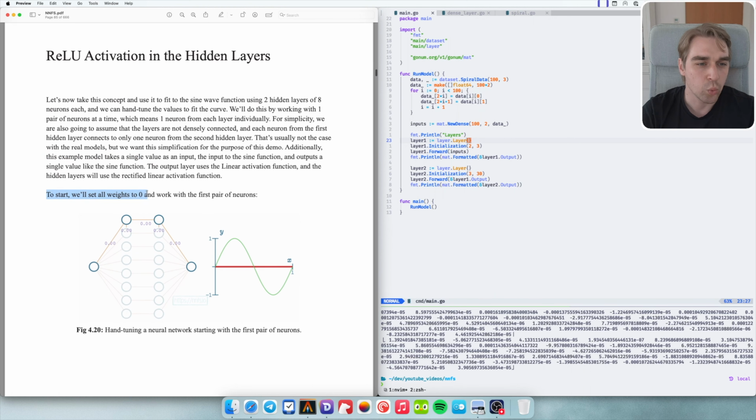In the end we should have the combination of the weights and biases that, based on the input value, the output value will be as close to this green line as possible. But instead of going through the function itself, it will go through the neural network. To do that, we start by increasing the bias for the second